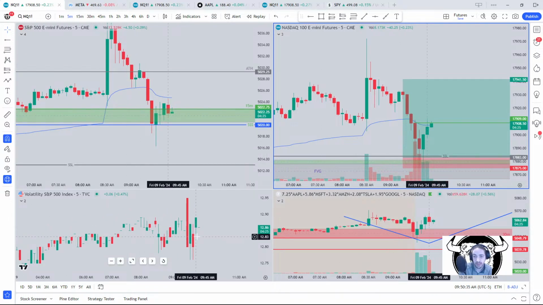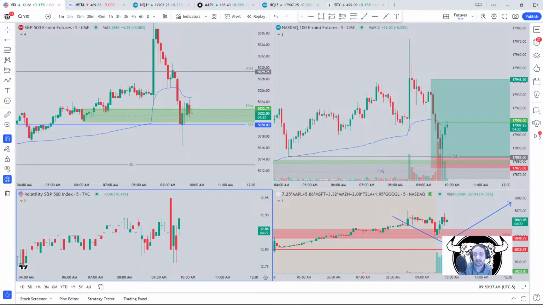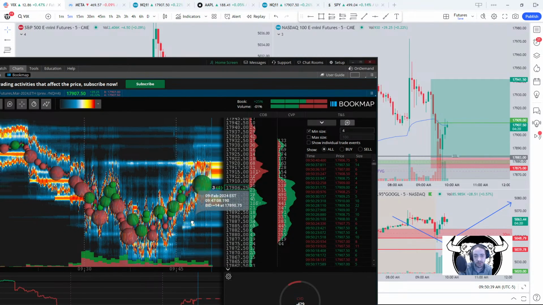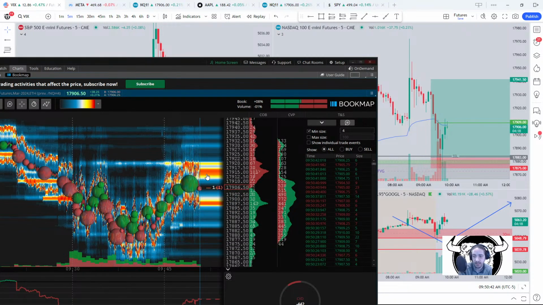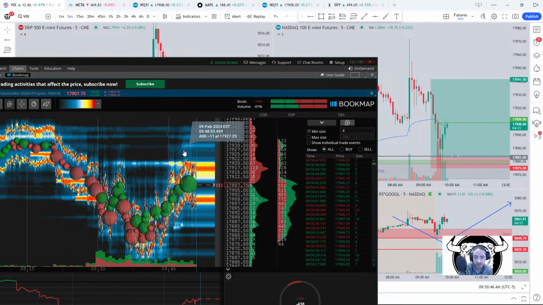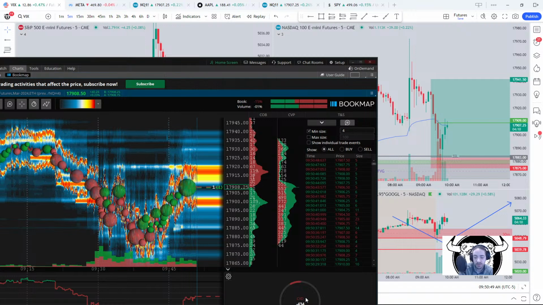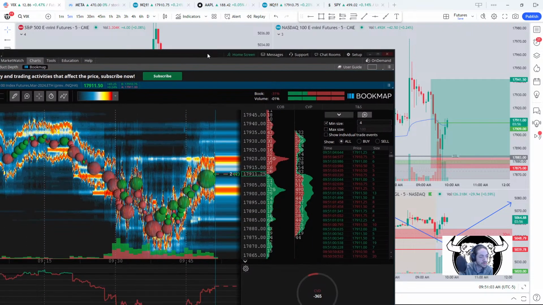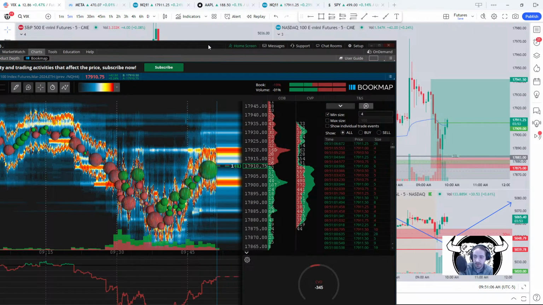VIX is sort of chopping around right now. No clear direction with that. Where's our Bookmap? Heavy level 915, 912 now. Want to see us blast through that. CVD, remember, it was negative 1600 before. Now it's negative 400. Weighted indices back, pushing green again. Love that. Let's go.